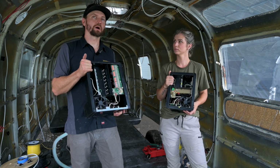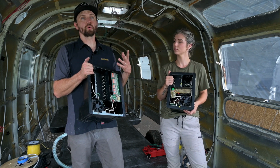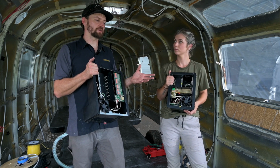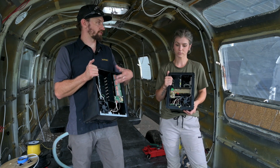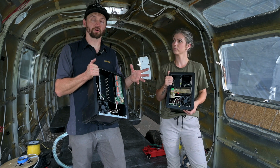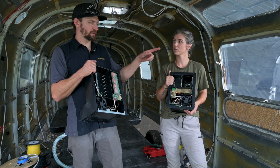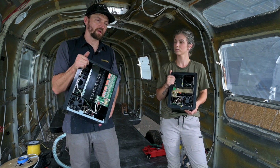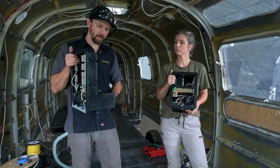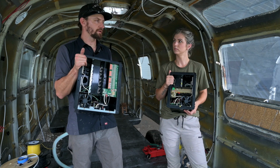A lot of times, whenever you're doing solar, if you go with an inverter, the inverters oftentimes have a built-in charge controller and converter themselves. So whenever you're wiring it, basically the power comes in from your shore power, it goes through the converter, and then it comes into this box. And so you wouldn't even need to use one of these specifically,